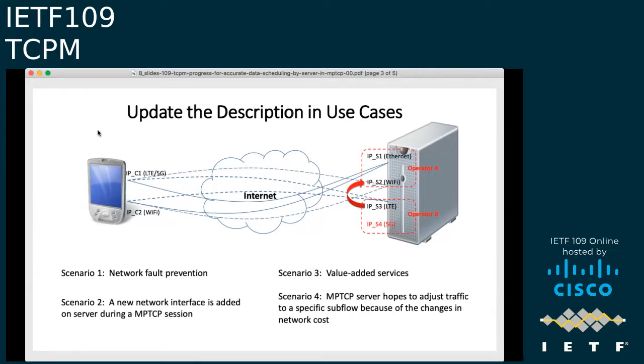And scenario 2 is that a new network interface is added during an MPTCP session, and the server wants to test it. They want to move some traffic to the new one to test the network interface. And scenario 3 is just an operation requirement, where the service owner wants to